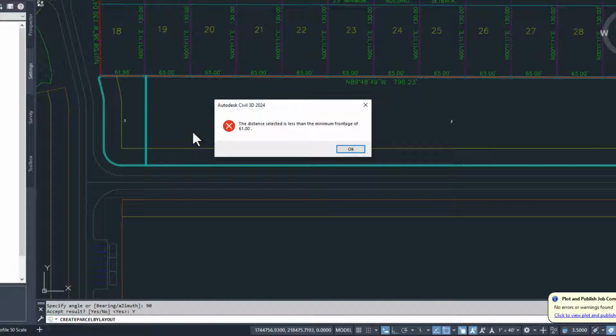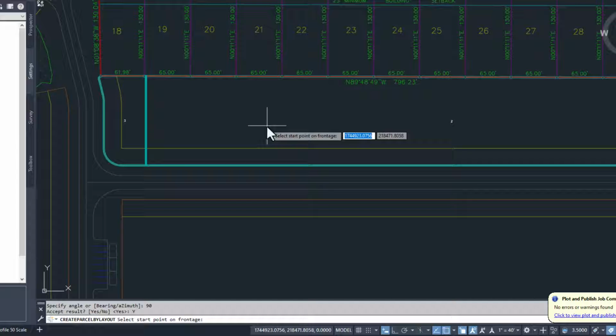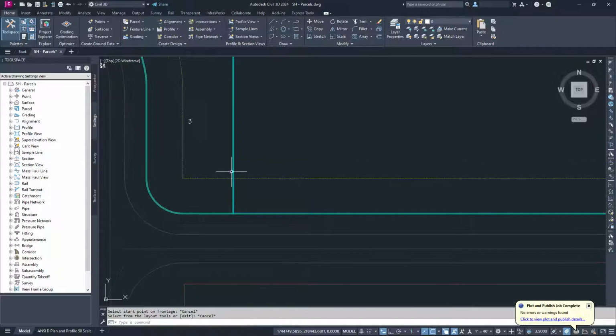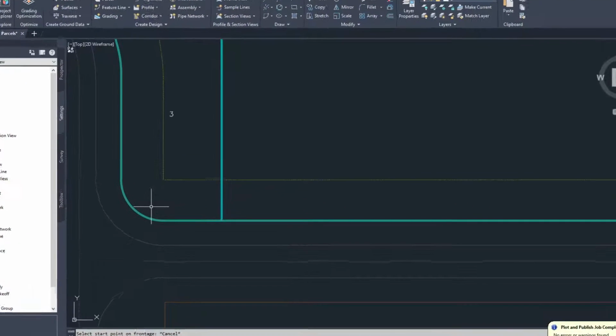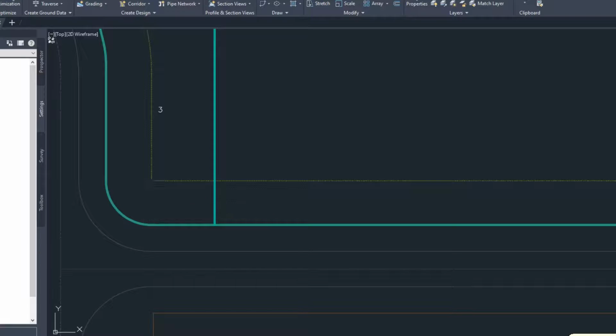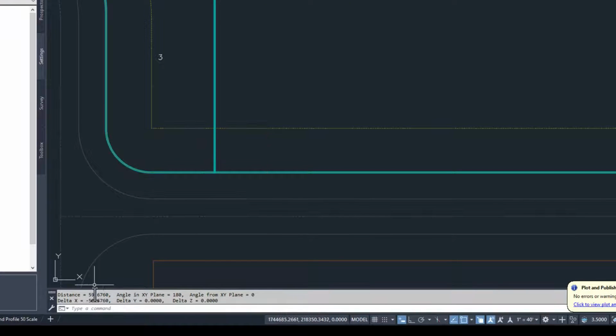It's letting me know it can't do any more, so that's fine. And I'm going to hit escape to get out of the command. Now, technically this is supposed to be 61 feet from here, but because of this curved line, I know it's going to be a little bit wrong, so I'm just going to double check it. Typing DI to start the distance command, I'm going to go from the intersection of this line to the perpendicular of this line, and I'm finding out it's